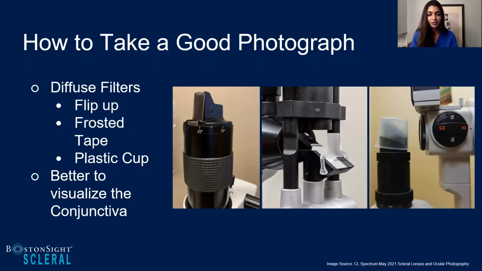And third, I want to give credit to the Contact Lens Spectra in the recent May 2021 issue, where using this trick of putting a small plastic cup over your light source, something like one of those small medicine measuring cups, works great. And really that creates a perfect diffusion of light and gives you that diffuse light that you're looking for.